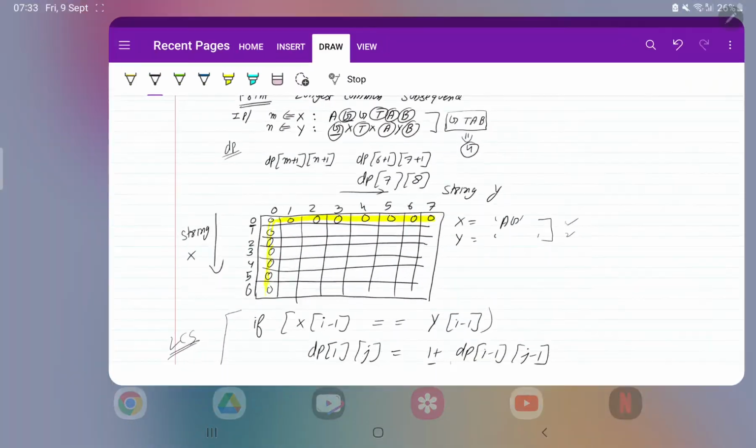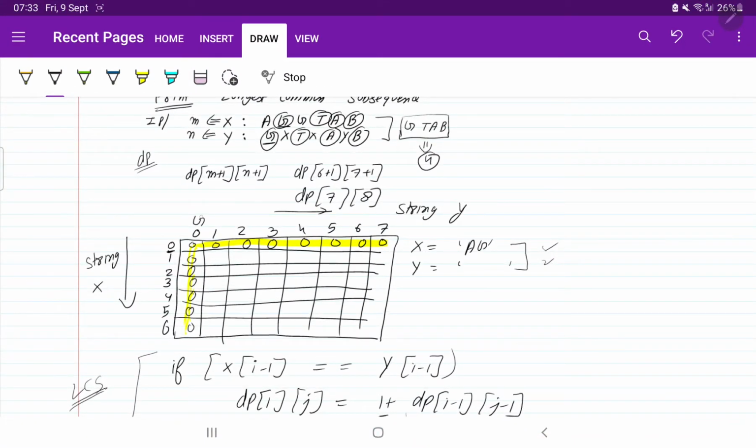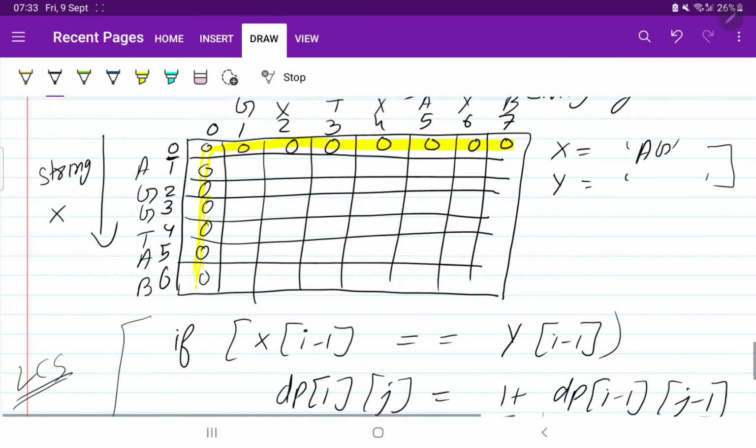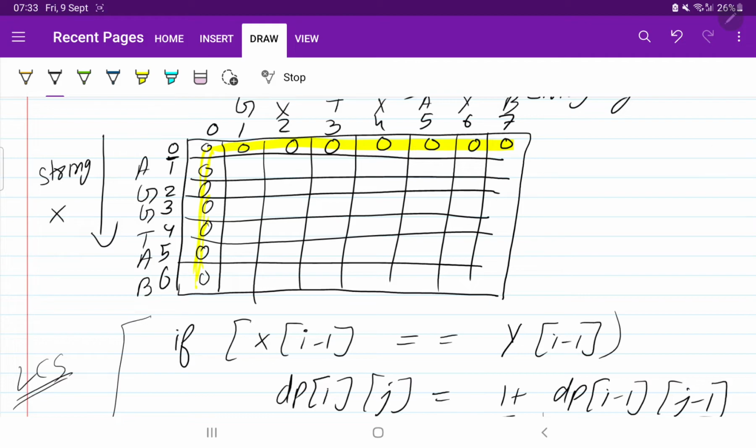Okay, sorry, it was here g, it was x, then t, x a y b. Okay, and here also I am going to write the element, it is a g g t a b. Perfect. Now let us again zoom it, because the rest of the things are not required as of now, so let us remove them. Perfect.